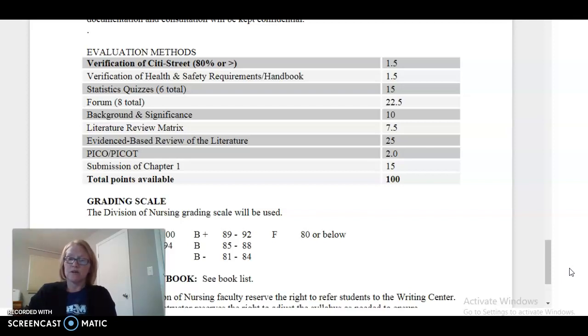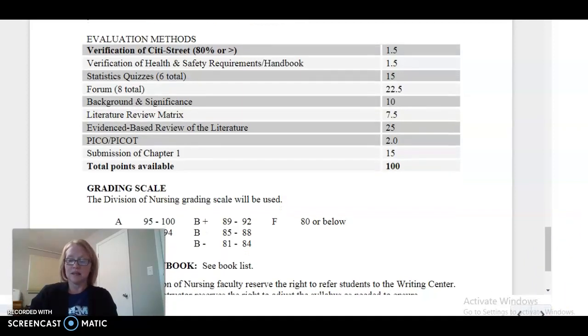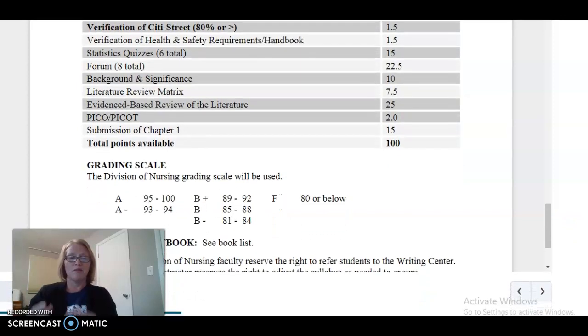You are also required to submit verification of health and safety requirements, as well as a signature from the handbook that states you have read the handbook. There are a total of 6 statistics quizzes embedded in the course, as well as a total of 8 discussion forums. As was discussed at immersion, the product at the end of this course will be a rough draft of